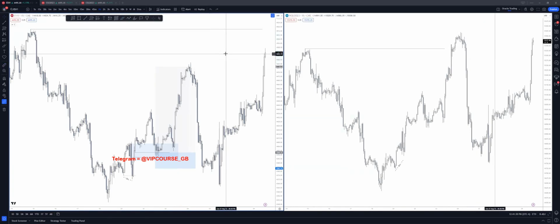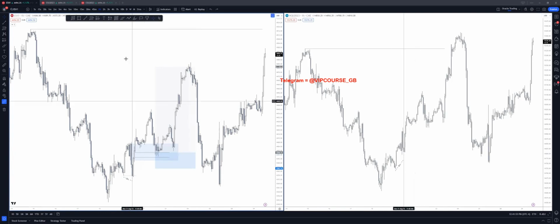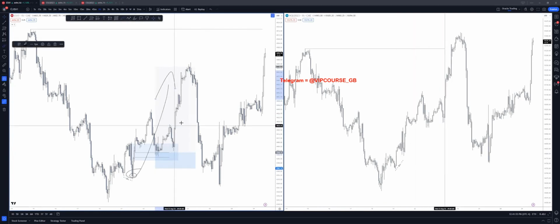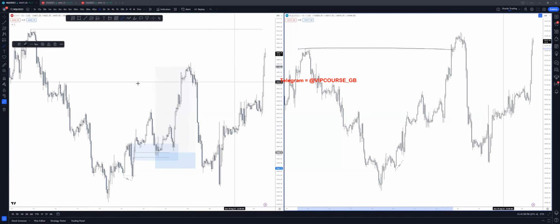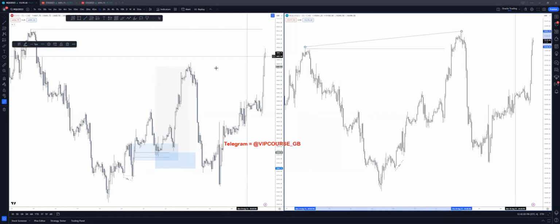So not only is it good for entries, but it's also a good indication of when we can exit the market, because liquidity is more than just a single pair thing. It is used and manipulated on multiple correlated pairs. Okay, so again, in this case, we have a divergence that gives us a sign that we're going to continue higher. And we have a divergence from here to here,